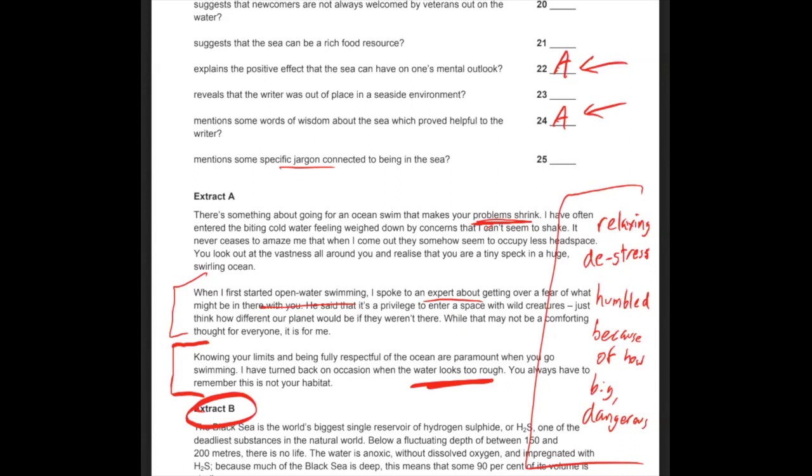So I'm not looking through 1, 2, 3, 4, 5, 6, 7. I'm not looking through 8 different questions. I'm only looking through these ones over here, right? 5 questions out of 8. That saves time, right? So you should be trying to find strategies like this to not just save time, but also improve your accuracy. Going on to extract B.